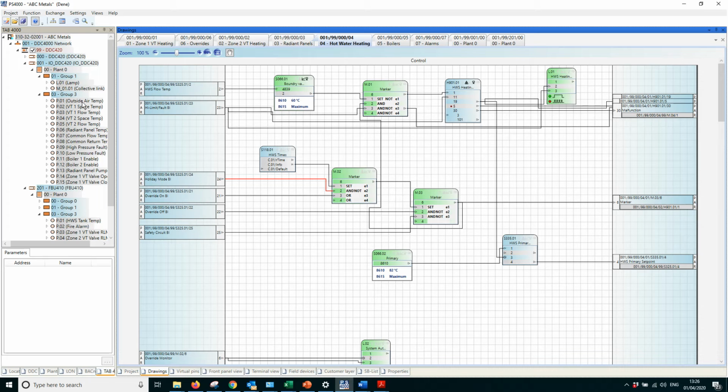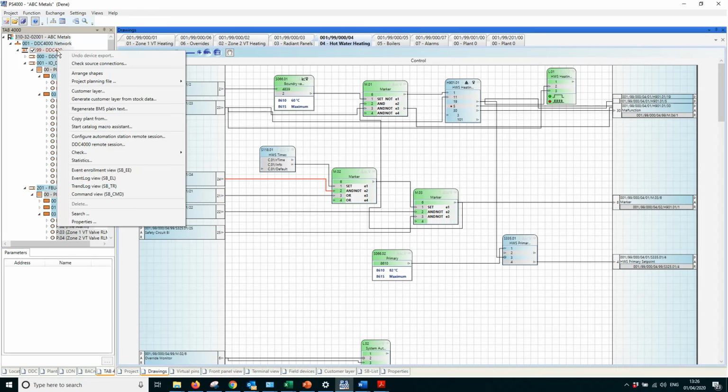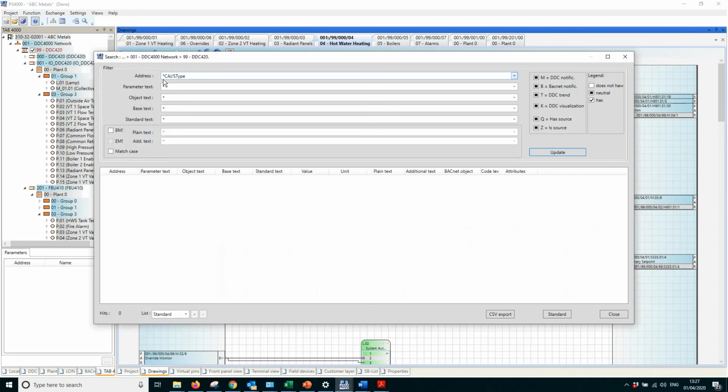Rather than opening up each individual pin, what we can do is perform a PS4000 search for the pin type parameter, and that means we get a nice quick list and we can make the changes very rapidly. So this is how you do it. You right click on tab 4000 and right click on your controller which you want to configure, and then you click on search. And you enter in the search string